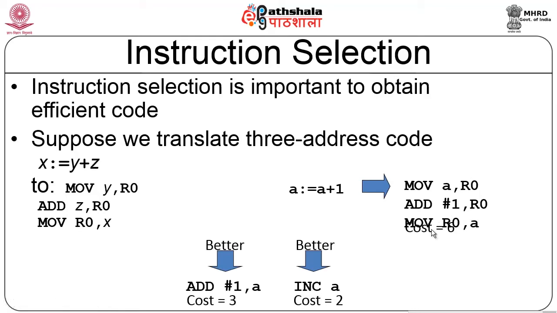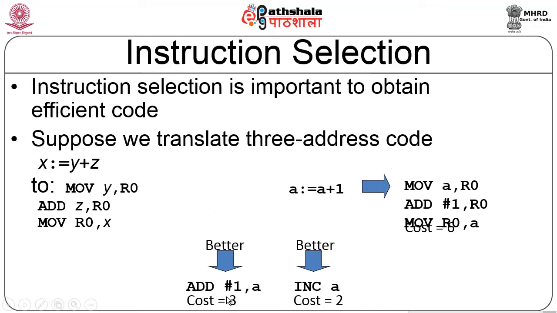On the other hand, if I simply say increment a, okay, increment a is going to cost us only 2 units because increment is going to cost us 1 and I am involving a memory, therefore it is going to be costing you 1 more. So the cost is going to be only 2. That is what I am doing here, that is adding 1 to a, the variable a is getting a value a plus 1. So that is going to be costing you 2.